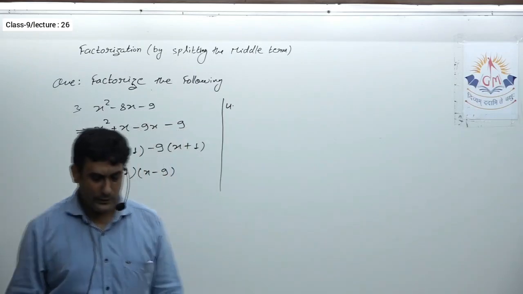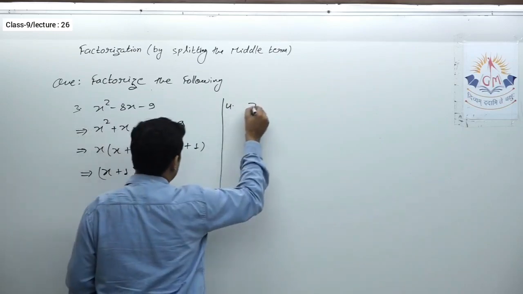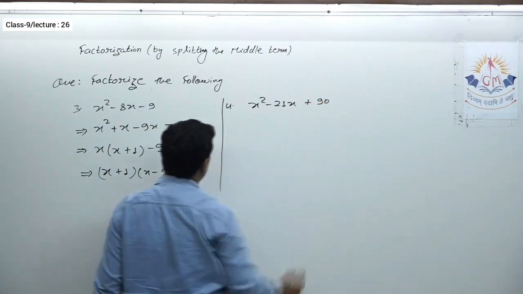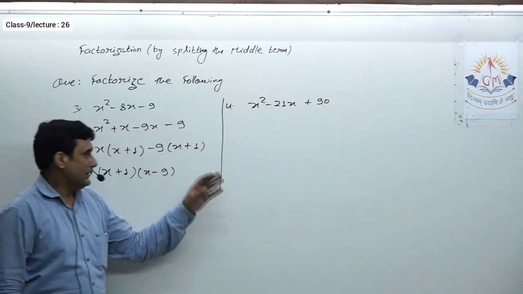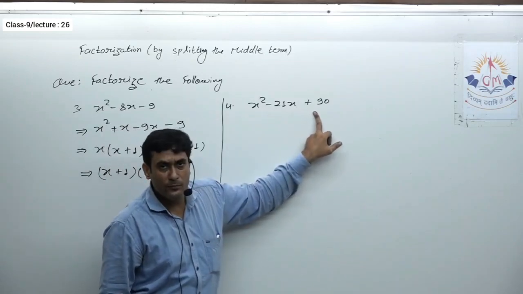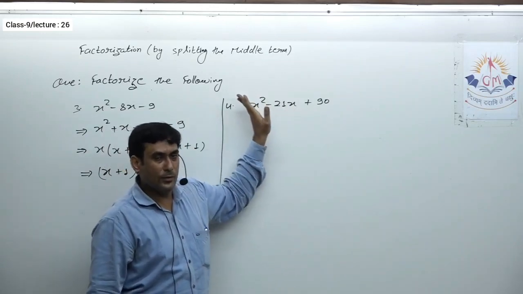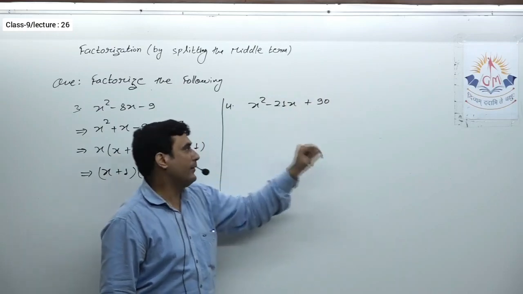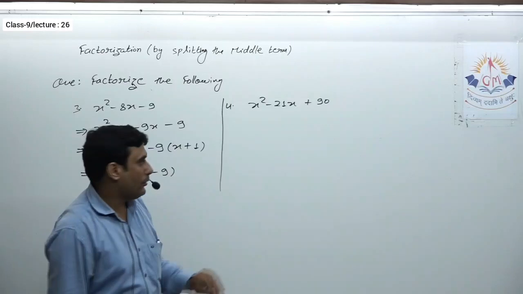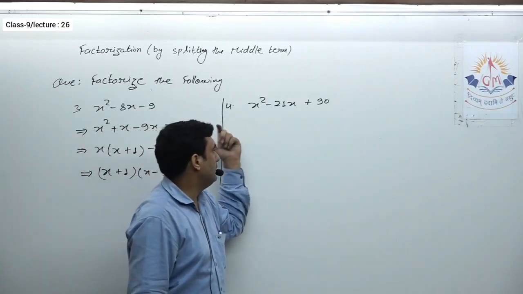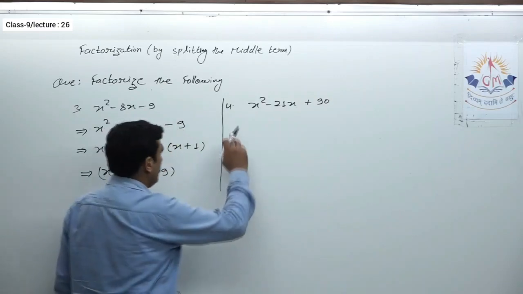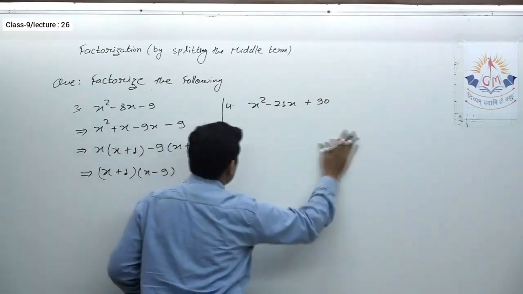x square minus 21x plus 90. So again, see, generally I gave you all the questions in which the terms are in standard form. Standard form means x square, then x, then constant, as well as the first term being positive. But still keep that habit to check, because you never know when you get the expression in a different order other than the standard order. So here the first two things are verified.